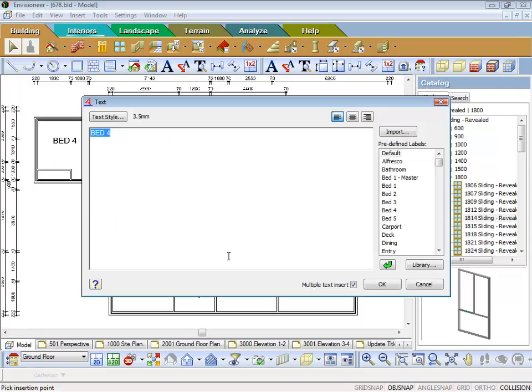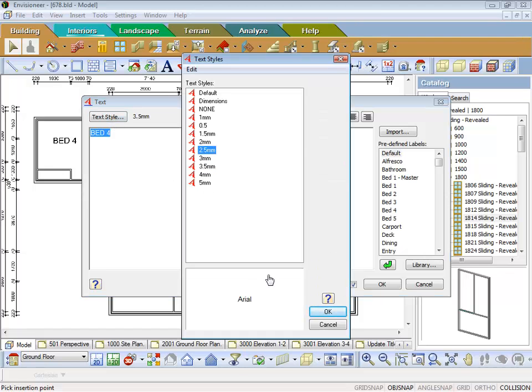Now, with the robes and linen, I do that in a smaller text, so I'll go 2.5, and